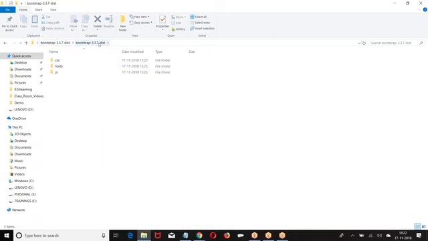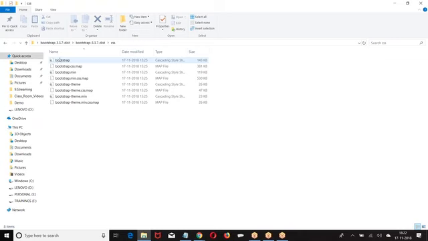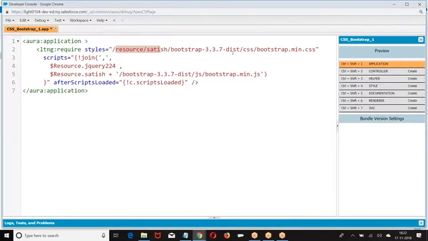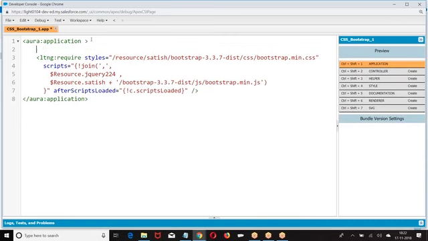After Satish, bootstrap distribution, in the distribution, CSS, and in the CSS we have bootstrap.min.css. That's what I have given here: bootstrap distribution, CSS, bootstrap.min.css. This is one format. What is the other format we have? The other format: styles equal to. Because I have already done that example, I am taking this form of example.